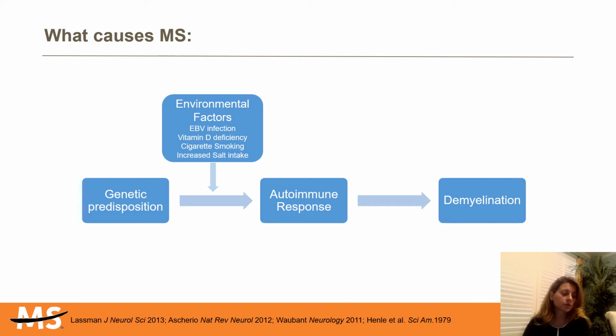The various environmental risk factors that we know include timing and exposure to EBV infection. MS risk increases significantly following infection with EBV, and people with a specific immune-related gene and high levels of antibodies to EBV in their blood were 9 times more likely to develop MS than those without the gene and with low levels of antibodies. Vitamin D deficiency is another important risk factor. Cigarette smoking, whether active or passive, is an important risk factor.